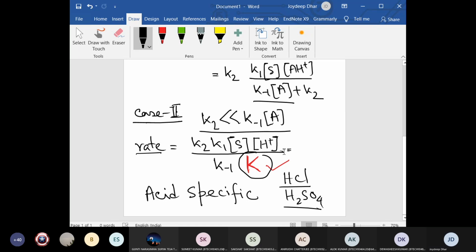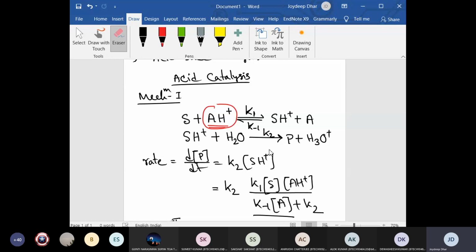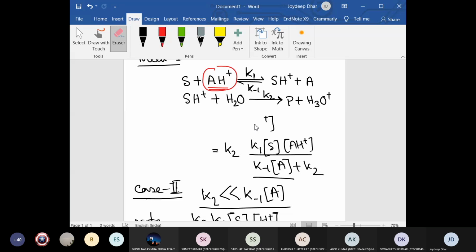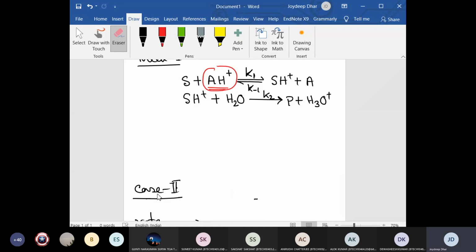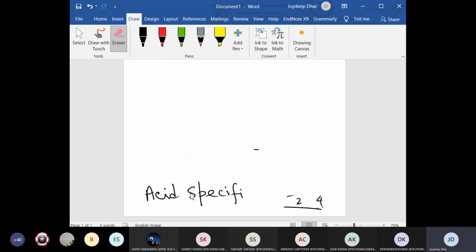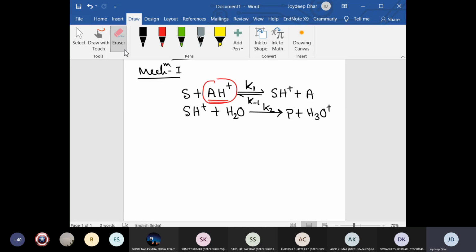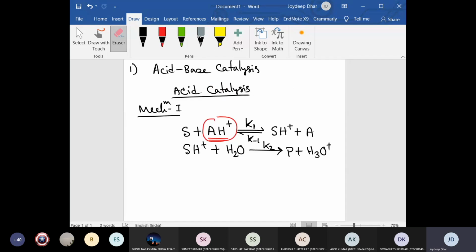Mechanism 2 is almost similar to mechanism 1. The simple difference is, you can see it from the PDF. I will not go through it again, it will take a lot of time, and I will not have much time to complete. So in case of mechanism 2, acid catalysis only,